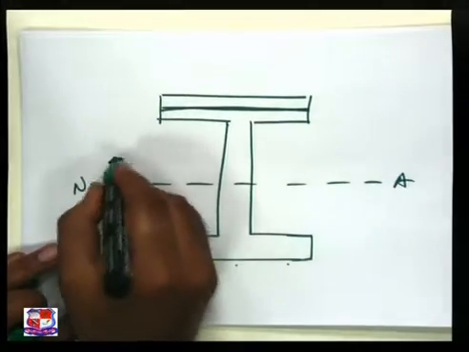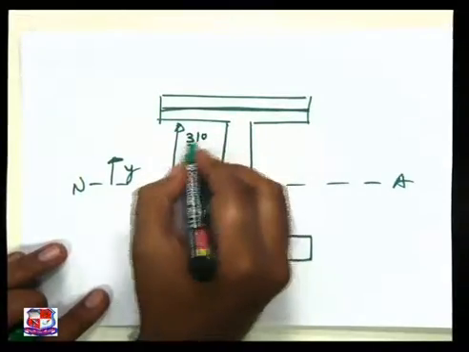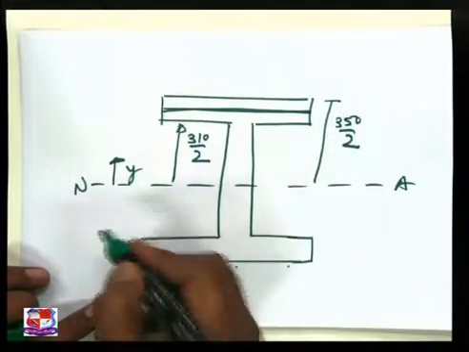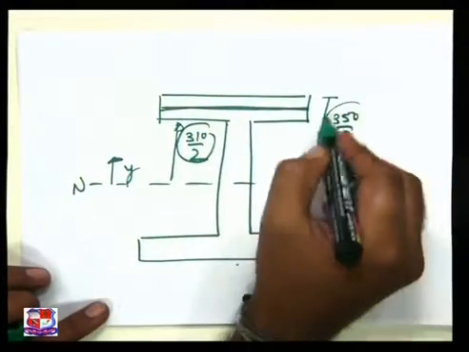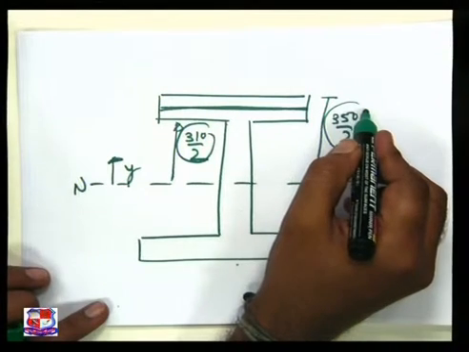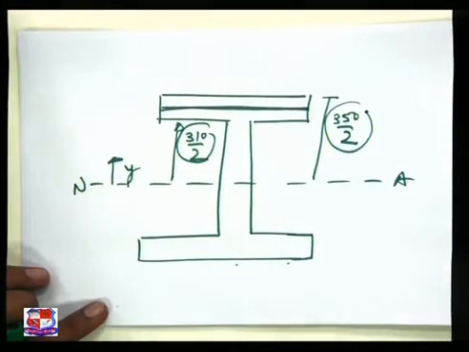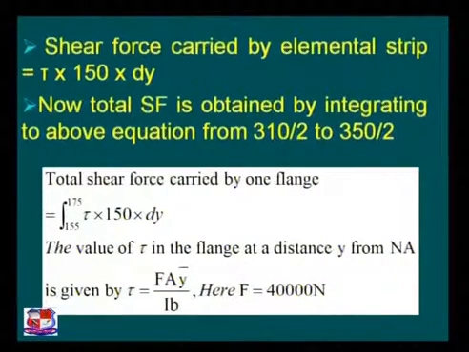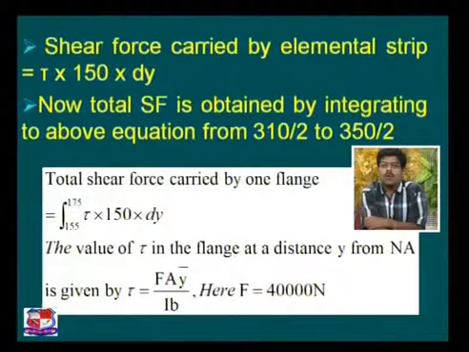From the neutral axis, I have to take the value of y. This available value is 310 by 2. This depth is available, 350 by 2. So now this y ranges from this value to this value. Hence, we have to integrate between the range of 310 by 2 to 350 by 2. So, the total shear force carried by one flange is equal to the integration from 155 to 175 of tau into 150